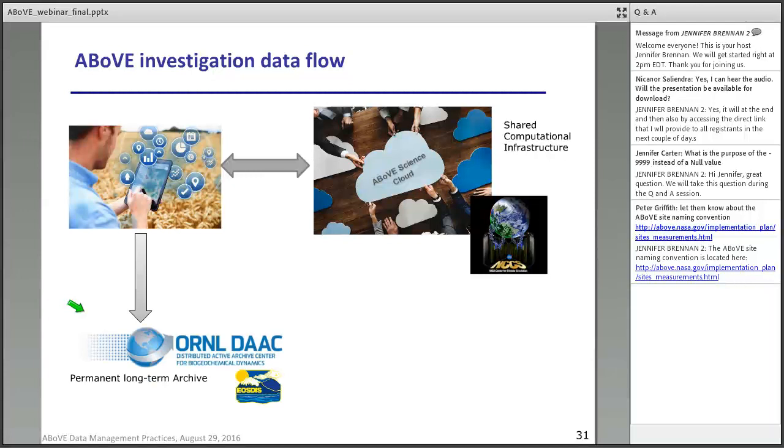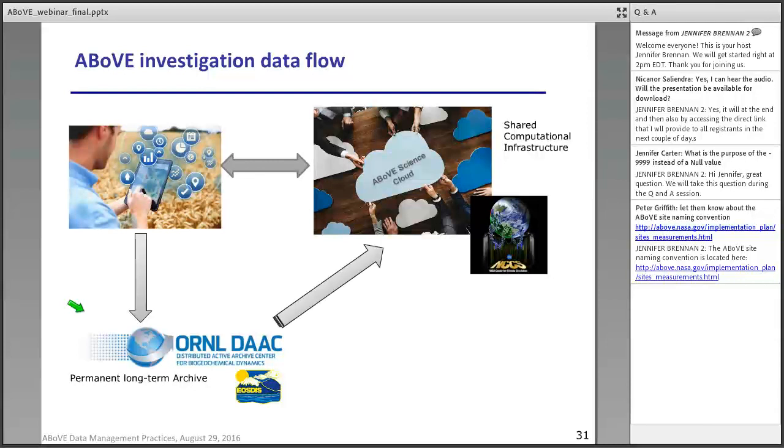Now, there's a back and forth that might happen between you and the Science Cloud, but you may have data sets that don't qualify for the Science Cloud. These are not big enough synthesis. It's data collection. You've run your analysis. Those finalized data sets should be sent over to the Oak Ridge DAC for permanent long-term archive. The Oak Ridge DAC is part of the EOS-DIS data systems, and that data will be made available to the larger group of